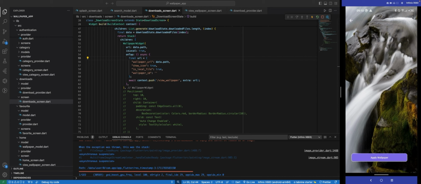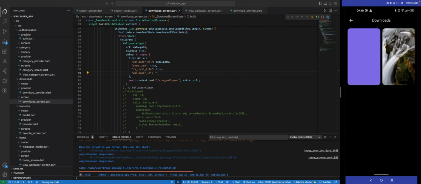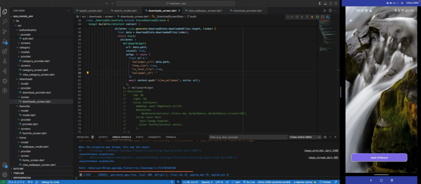So I'm going to click now on the wallpaper that has it. You can see now it has opened it. And if you notice now, we do not have that download icon anymore because the path is coming from downloads. And we do not have the favorite icon anymore because this is a local file, right? So moving on, as you can see, we have successfully downloaded wallpaper. We're able to view wallpaper and do everything. So in the next video, we are going to apply wallpaper. I'm going to show you guys how to apply wallpaper, and